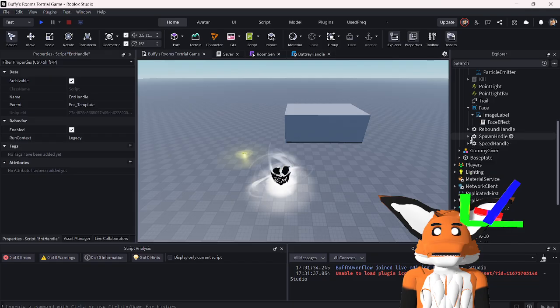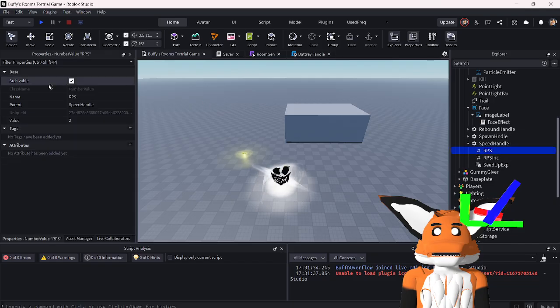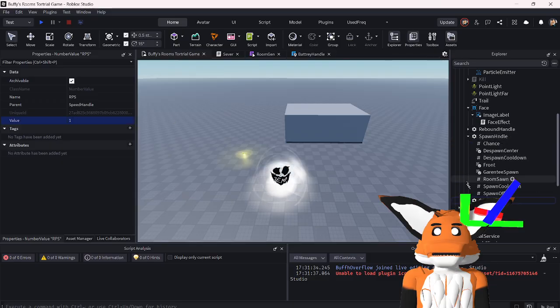Then we can set your speed to like 1 room per second, and maybe your spawn cooldown and despawn cooldown to like 5, and your room spawn also to 5. So yeah,